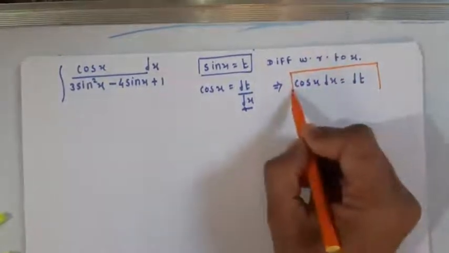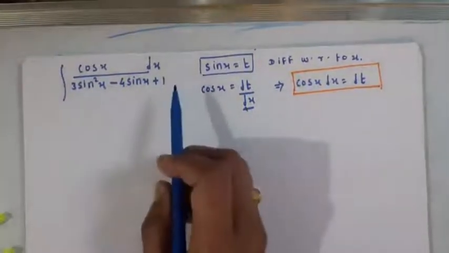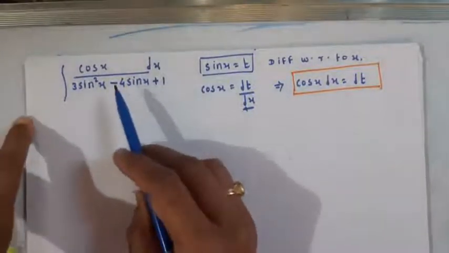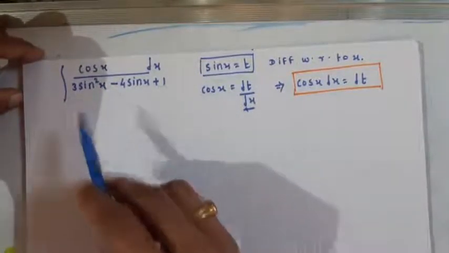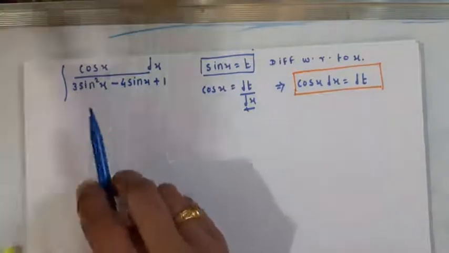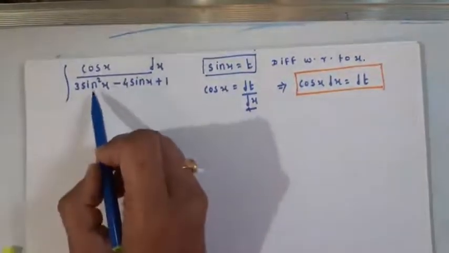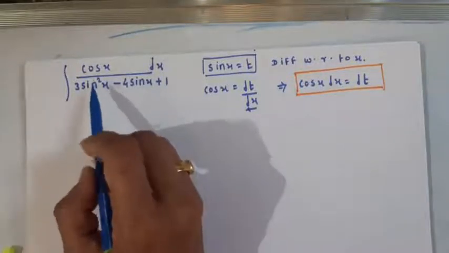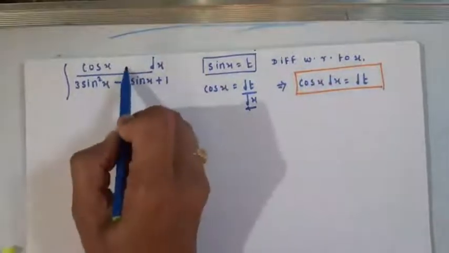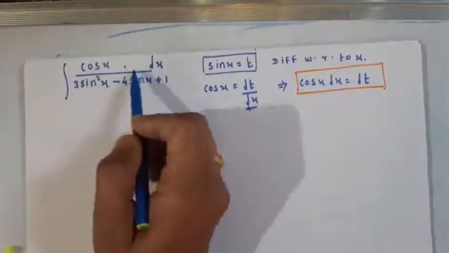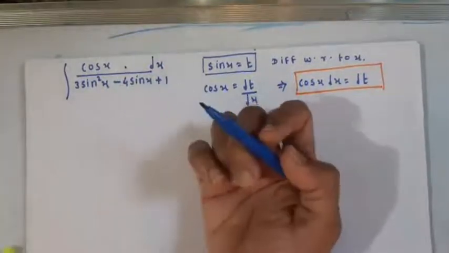Okay students, the problem is not in an integrable form. That's why, by substitution, we convert the problem into one of the special integral types, and then we have to solve. That's why the substitution is there. But students, if we substitute here for sin x, then we know that the differentiation of sin x is cos x, so cos x dx equals dt, and that will be a successful substitution. In this way, we have to decide which substitution is to be given.